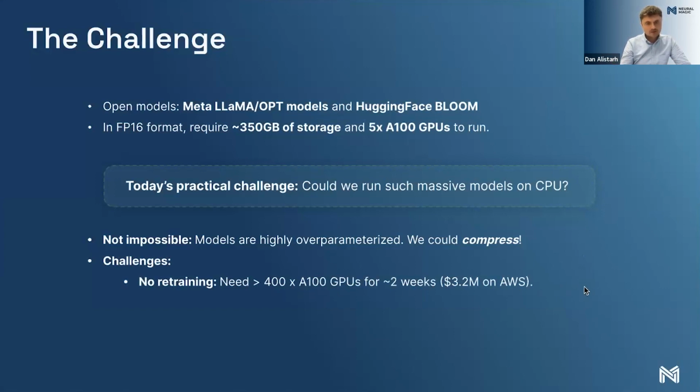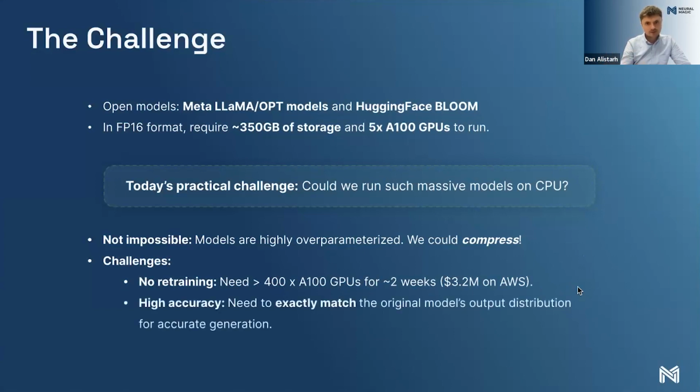For instance, the standard training cycle for these models would require between 400 and more than 1,000 GPUs for about 2 weeks, which would cost around 3.2 million in very optimistic terms, assuming you can actually get that many GPUs these days. And then you also need a very high degree of accuracy for your compression, because in order to generate the same or a similar sequence of predictions as the original model, you would need to exactly or close to exactly match the model's output distribution. And by this 3.2 million for compression, I mean per run, so excluding the cost of hyperparameter